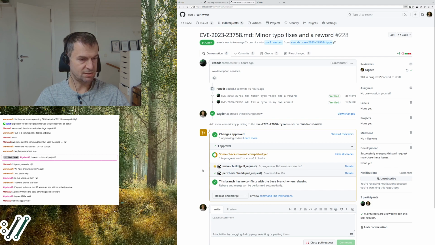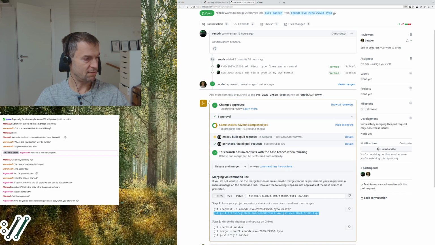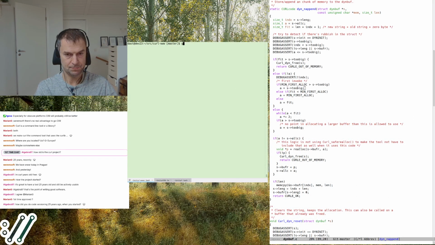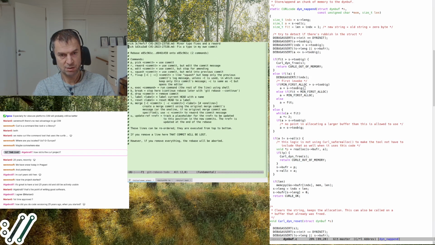So this is basically just yes. I just need to approve it for the first timers, and this is just a formality, right? Because it's just updating a single markdown file. So I'm pretty sure that, of course, the CI jobs will go through fine, because we verified it, right? So it's fine. I will just pull his work into master like this. So this is still in the website repository. We merge his branch.